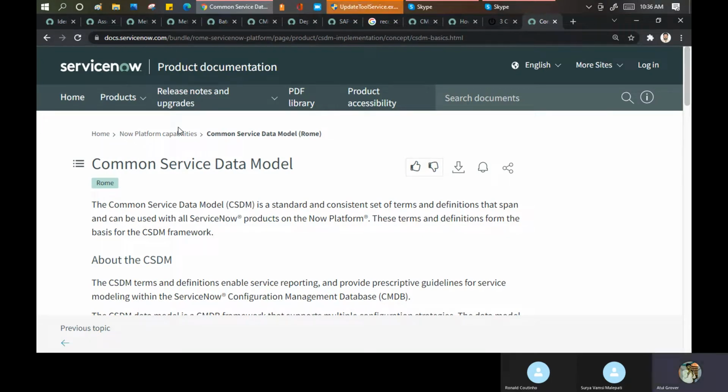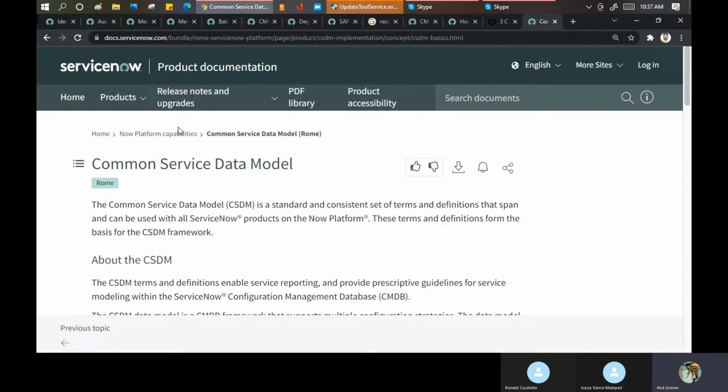Now the question comes, do we need to create a separate CI for HR or for CSM? Suppose I have a computer which has been used by an IT guy and which can be used by the HR. Do I need to create two different service CIs in my system, one for the IT domain and one for the HR domain?